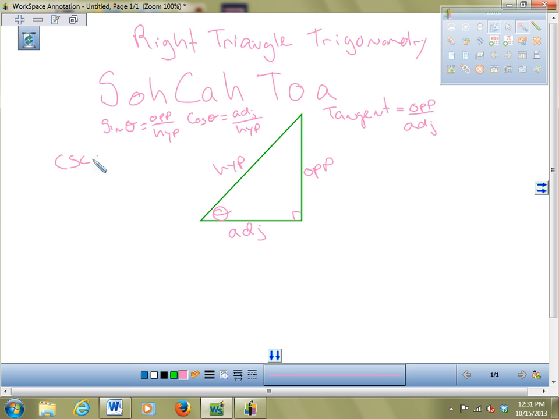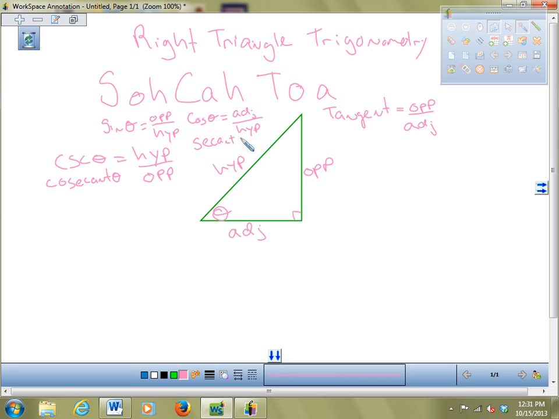Cosecant of theta, CO, is the reciprocal of sine, and that's equal to hypotenuse over opposite. So these are not cofunctions, these are called reciprocal functions because you flip them over. So sine and cosecant are reciprocals, okay? Cosecant, how many of you know that? Not as many, okay? That you should know, that's called cosecant. And cosine and secant